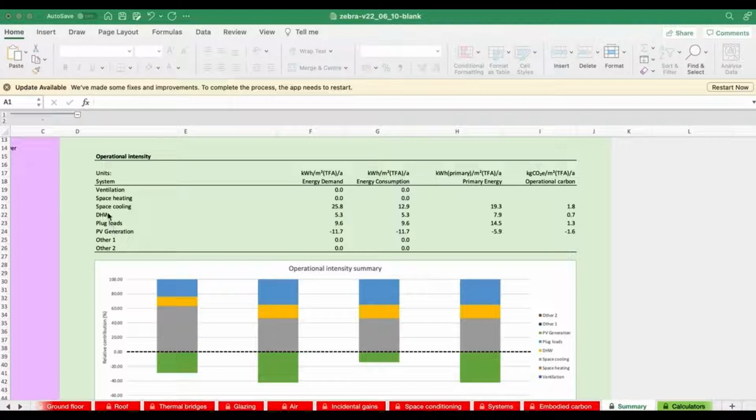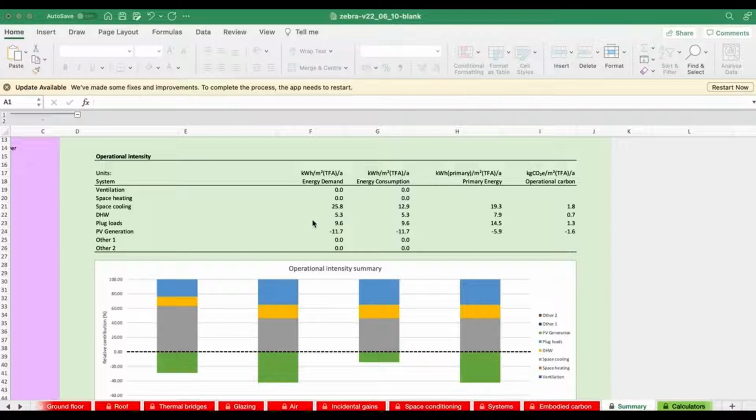Now we've got a series of items listed in this column here. This is just talking about things that use energy that's supplied to the building. So when it comes to ventilation, we're not talking about heat ingress through ventilation, or cooling lost due to ventilation. This is only things that actually use energy within the building, within systems. So ventilation in this case means fan energy, and we don't have any fans. It's a naturally ventilated building, so they're going to be 0. We don't have any space heating because of where we are in the world, so that's 0.